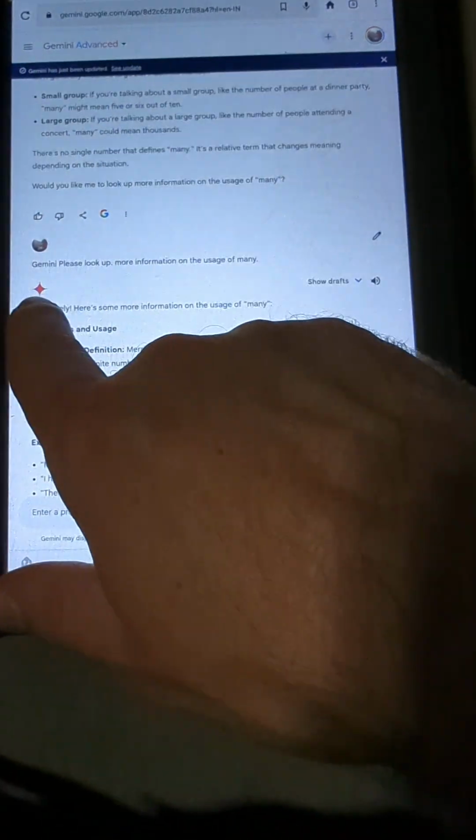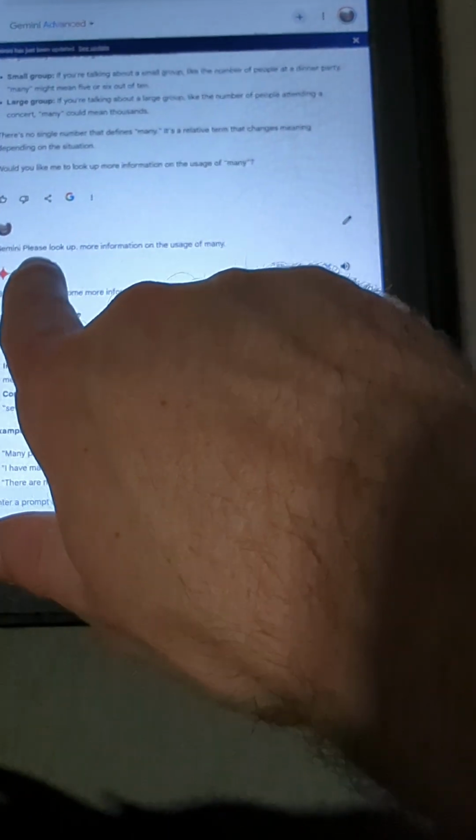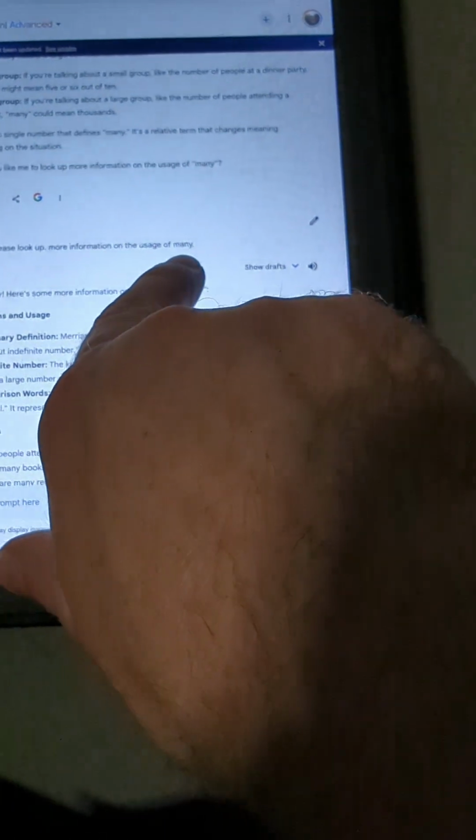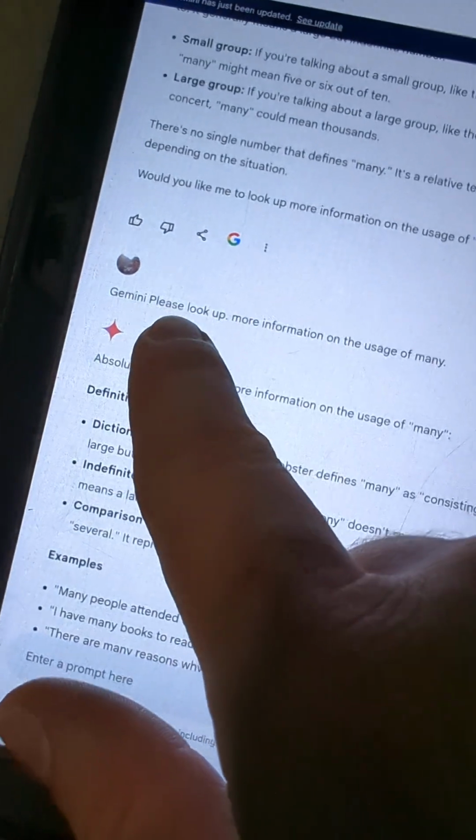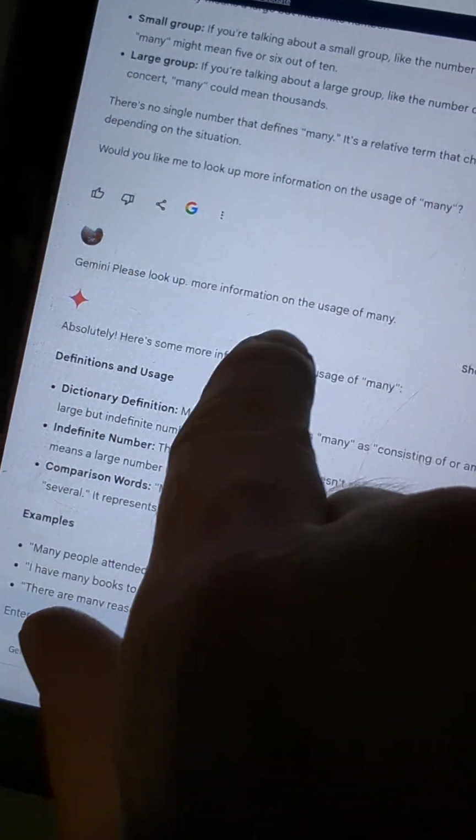And then you saw where I said, Gemini, please look up more information on the usage of many. It didn't copy it just right because there's text errors, but whatever. And then